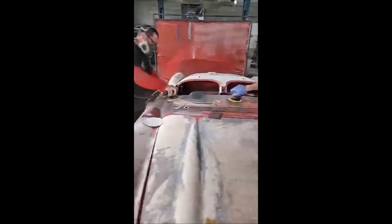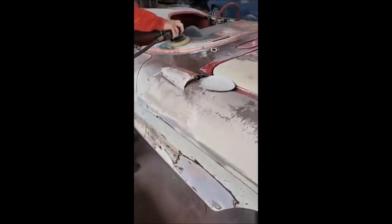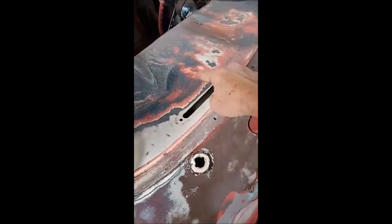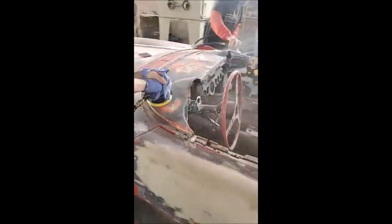Now, we've got Davey and Zach stripping this 57 Corvette. Let me just sort of point out a few things to you. The amount of work on this car is pretty staggering. You can see the different layers of paint there. They've already cut through a whole bunch of paint, but you can see they're working kind of tirelessly to take all of the paint off of this car, and you can see sort of a dark blue, a light blue, red, there's a maroon right there. The car was originally white,